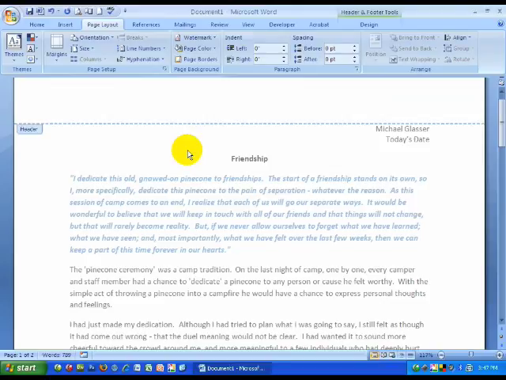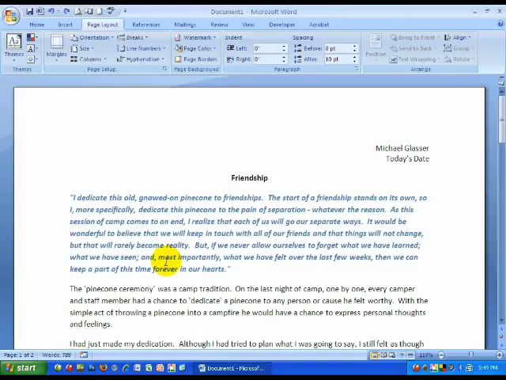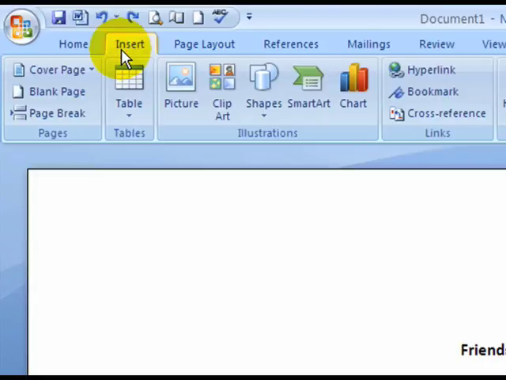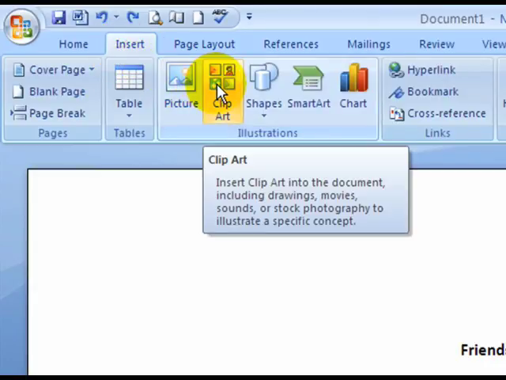There is some extra credit, however. That extra credit is adding an image. The way I can get that picture in there, and the picture is extra credit, so when I say you want it, you really don't have to have it, but it's nice to have. To get that, I say Insert and go to Clip Art. I could remember get pictures from someplace else, from the web, from another file, but for our case, Clip Art